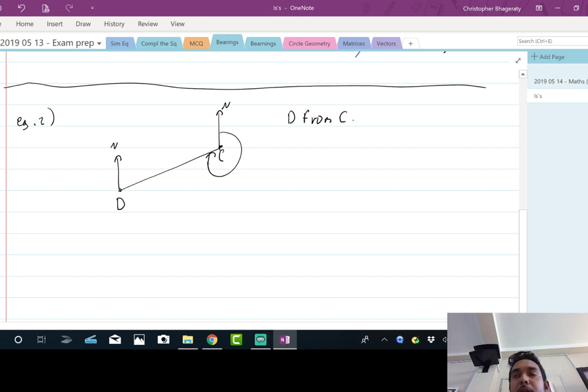So that would be that. So let's say it is equal to 250 degrees, and we are required to find the bearing of C from D. So what they want us to find, once again, the bearing of one point from the next is the angle between the north line and the starting point. So if you're coming from D, C from D, D is the starting point, going clockwise, the angle between the north line and the line joining the 2 points. So this is the angle they want here, and we know that this is 250 degrees. I made it up as the example.